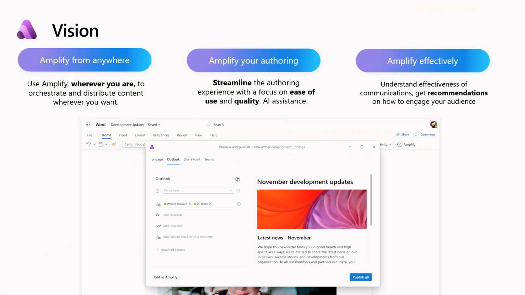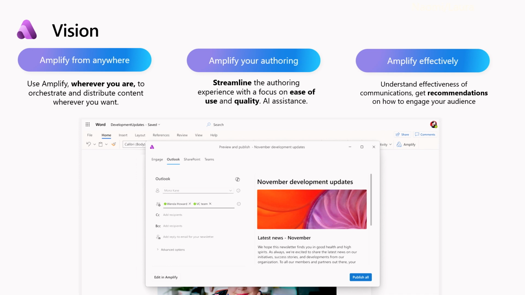Now, vision-wise, since Amplify is still very new, it is about 6 months old, it's the newest area of our solution. And so I wanted to share just a little bit on the vision side of what we're doing. Our goal is really thinking about Amplify as a tool where you can go from anywhere. So amplifying from anywhere, so in this example, I have a vision slide here that helps you to understand, maybe I'm starting in Word, where oftentimes I'm drafting my communication.